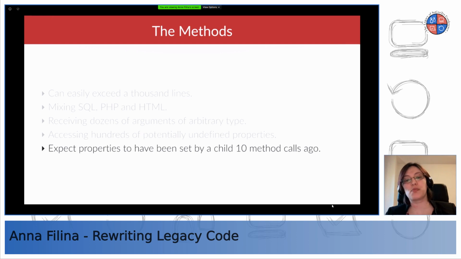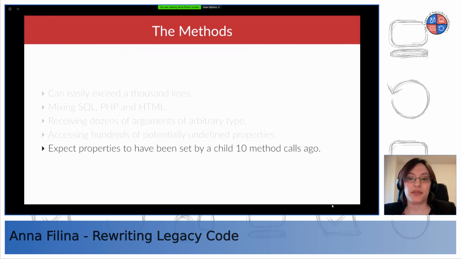And then those properties can be undefined or maybe just null at that point. And unless a child of this class has set them maybe 10 method calls ago, these are potentially null by the time you use them. So you have all of these nulls floating around.